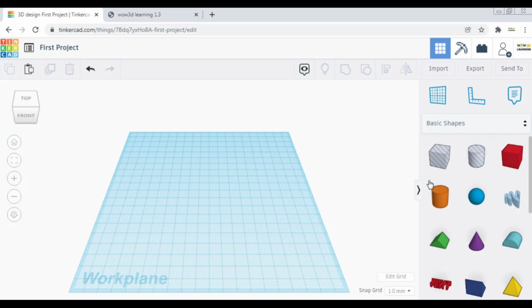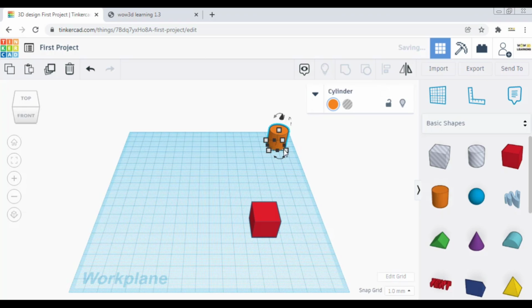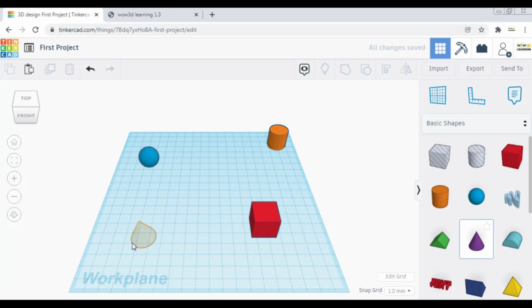Now what I will do is, I will click any object here, let us say box. I will click it with the left mouse button and drag it onto the work plane, and again click with the left mouse button to place it in the desired place. Similarly, I can click on cylinder and drag it somewhere, and let me place it here with left click only. I take one sphere and drag it onto the work plane and place it here, and let me take one more shape, that is cone, and place it here. Now you can see there are 4 objects on my work plane.